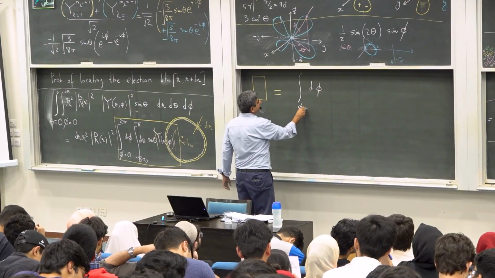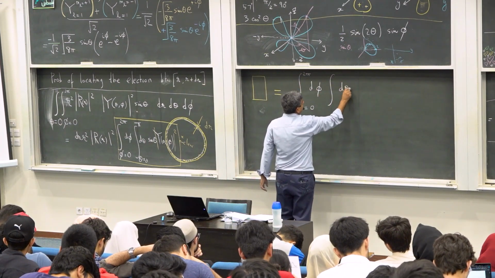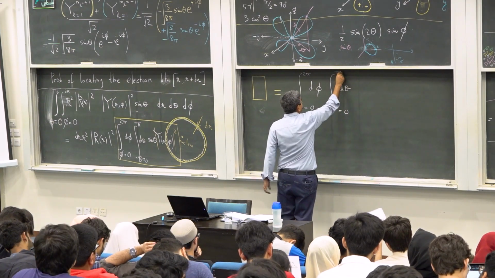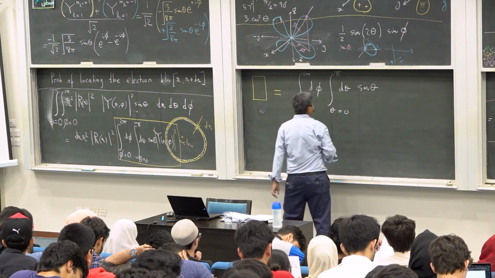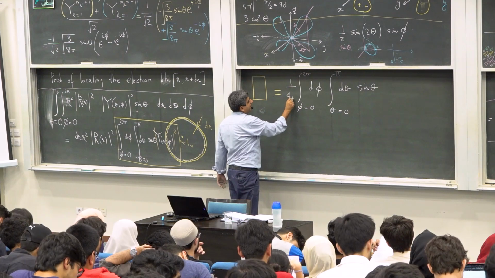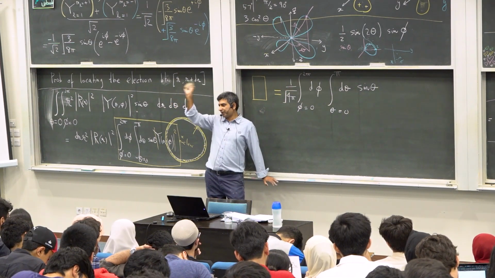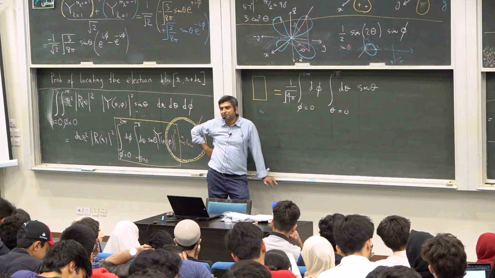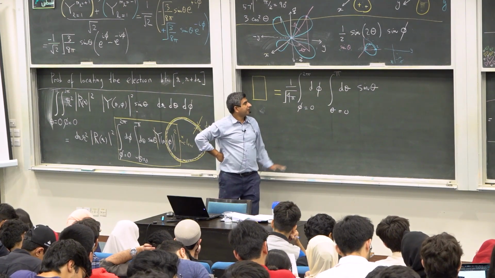Phi goes from 0 to 2 pi. d theta. Theta goes from 0 to pi. Sine theta. And my first function is 1 over root 4 pi, which is a constant. I just pick one particular spherical harmonic function, the lowest order one, and then I can pick up others as well, one by one. So if I were to do this,